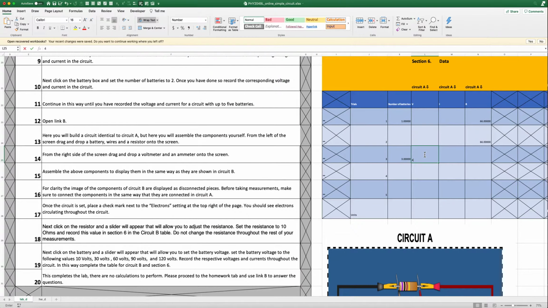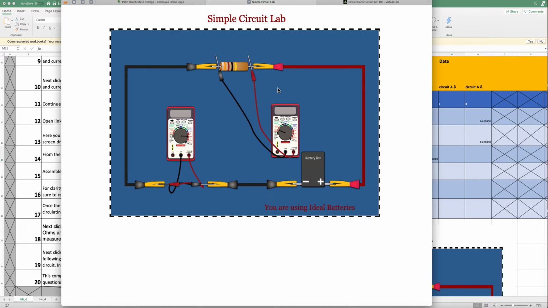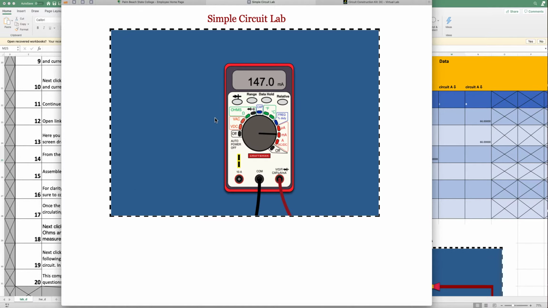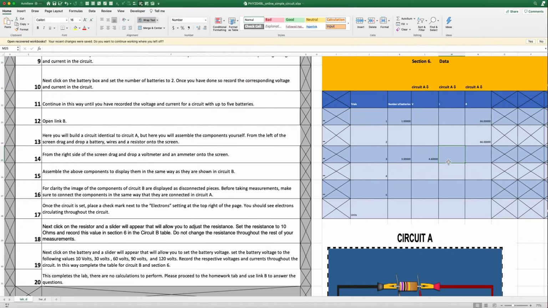So that's going to go here. And from there, you also want to record the current in the circuit. So you're going to click on the ammeter here, and you're going to record that current. So don't forget to convert to SI, but I'm going to write it as is. And don't forget the units for voltage and for current. And the resistor should stay the same for